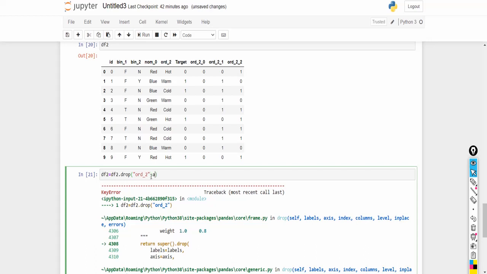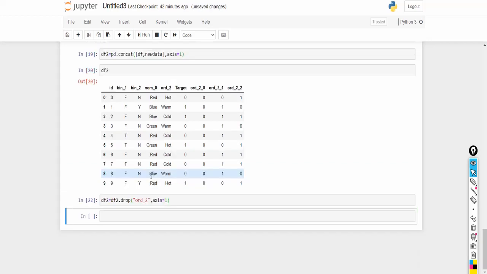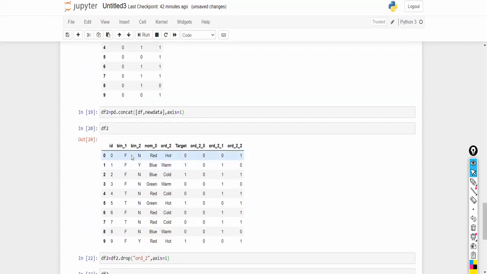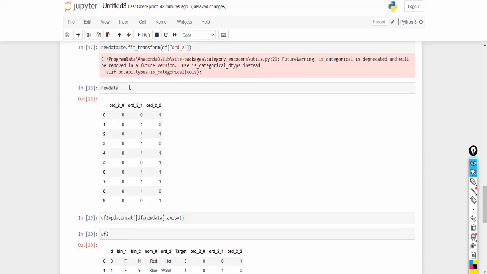You have to mention the axis. Now if I print my df2, odd_2 has been removed, and you can see the categories in the odd_2 column have been converted to numerical features. If you find this step difficult, so concatenating is difficult, you can even stop with the previous step. Just directly convert this into binary value, and you can stop with this.